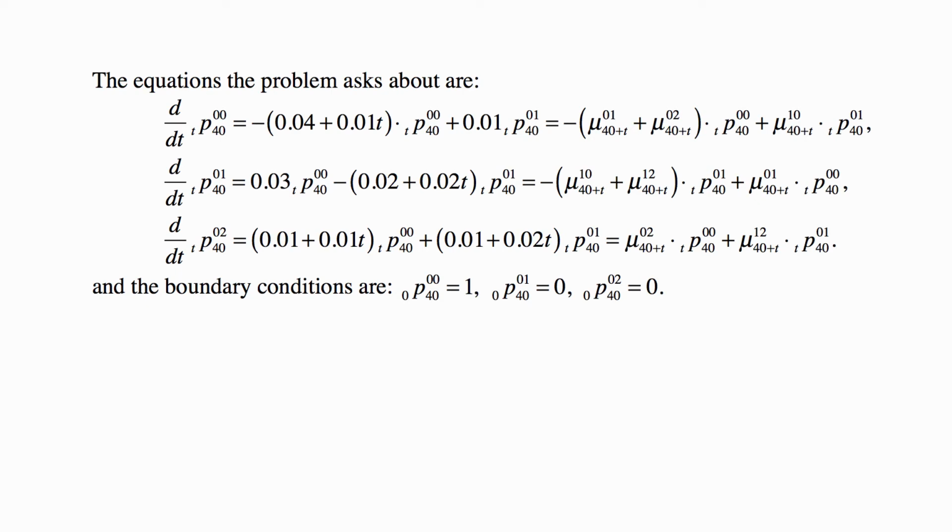These are the equations for the 0, 0 transition, so from 0 to 0, 0 to 1, and 0 to 2. And what are the boundary conditions? The boundary conditions are pretty standard in cases like this. The first boundary condition is the probability of transition from 0 to 0 in no time, within a time period of length 0. Well, that's 1, because you're going to stay. If you don't have any time, you're going to stay in state 0. The probability of transition to state 1 is 0 because there is no time to transition. And the probability of transition to state 2 is also 0.